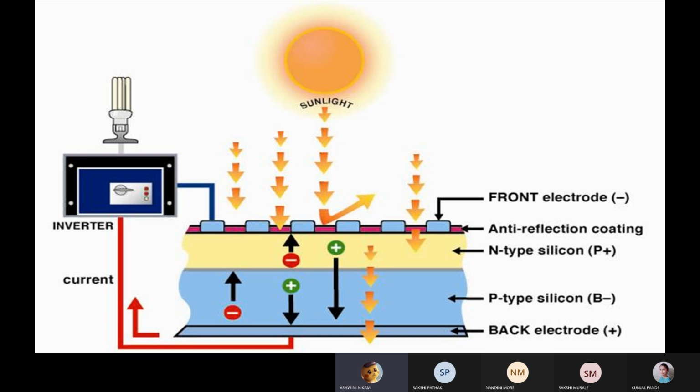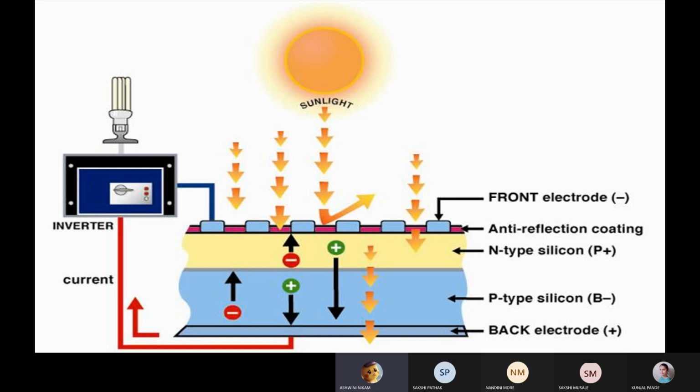There are two types of silicon. One is N type and the second is P type. We all know that these types are determined by their doping. Whenever the doping is N type, the silicon becomes N type, and whenever the doping is P type, the silicon becomes P type. So we can see here the electrodes and the material bounded between them. The whole system acts as a cell which conducts the energy given by the sun.